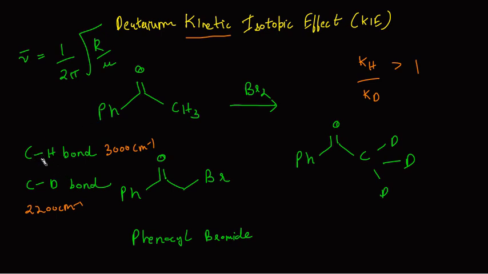So if the rate determining step of a reaction involves the abstraction of a CH bond, then if we replace it with deuterium, the rate of the reaction would slow down. Repeat again, if the rate determining step of a reaction is the abstraction of a CH bond, or basically the breaking of a CH bond, and since a CH bond is easier to break as compared to CD, when I measure the rate of the reaction with hydrogen, it should be higher when compared to deuterium. So this is the basic idea of the kinetic isotopic effect.